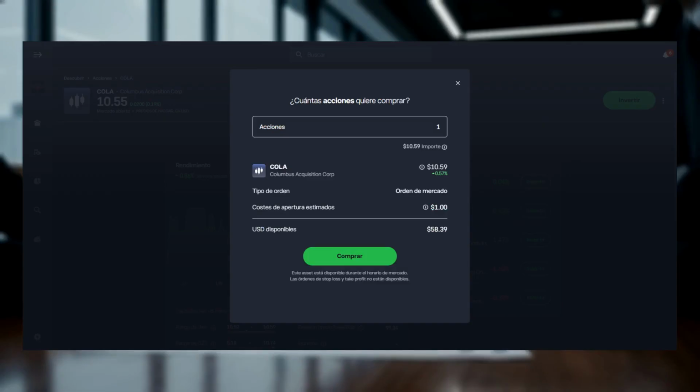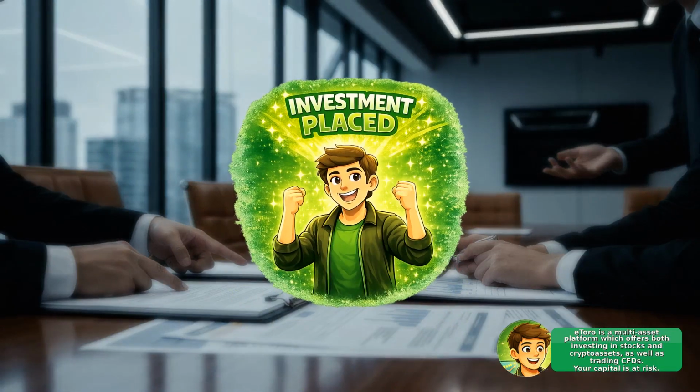If the market is closed, your order may be queued until it opens. And if funds are insufficient, the platform will prompt you to add money before confirming. After the trade executes, the position will appear in your